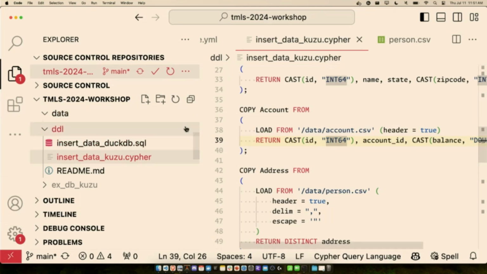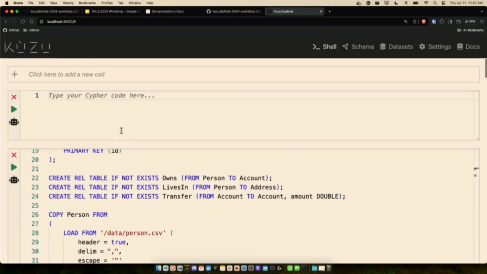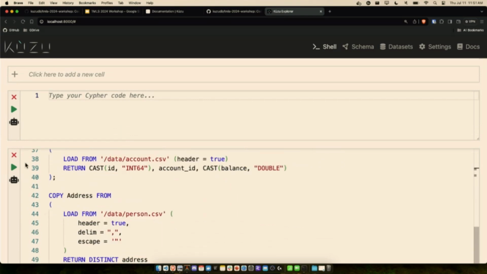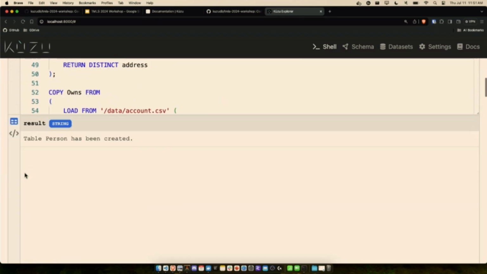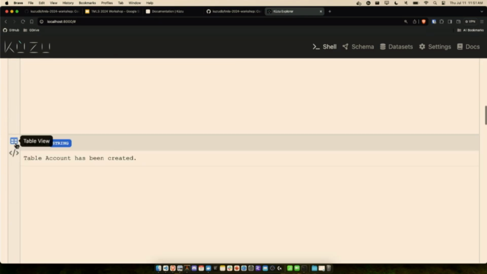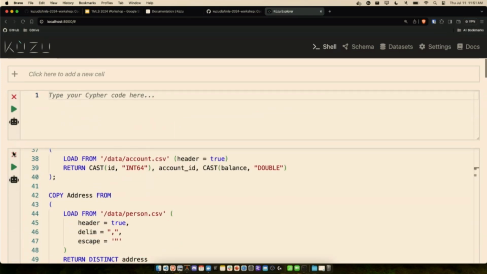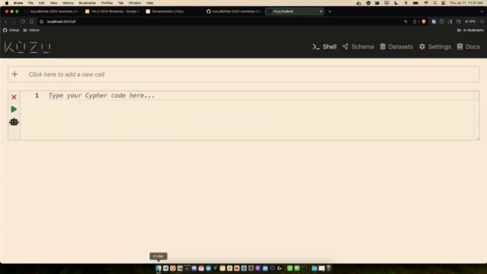Okay, so I want to quickly show one thing. I'm not sure if others are facing the same issue. So the moment I ran this DDL successfully, I got this display here, table has been created and all this stuff, right? So it's good. I can go ahead and throw away this cell. But just to show what happened,